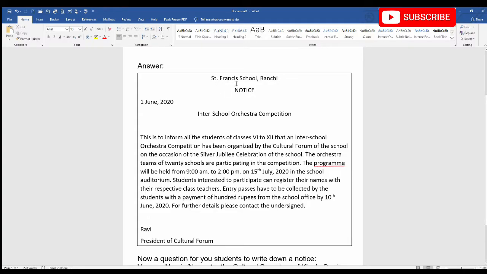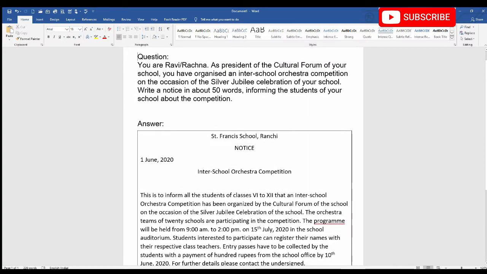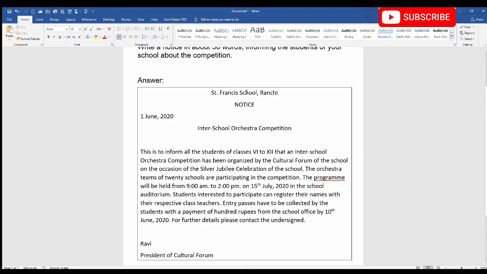Now, next what you will do is write down the name of the organization or the school. Now, in the question, you can see that no name of school has been given. So, you can write down any imaginary name, and then you can put a comma and write down a place. And if it's mentioned in the question, you will have to use that name and that place for writing the answer. Then what you have to do is, in block letters, write down the word